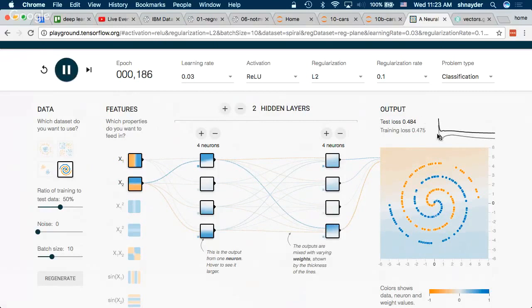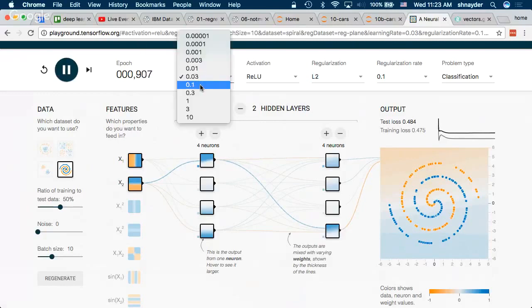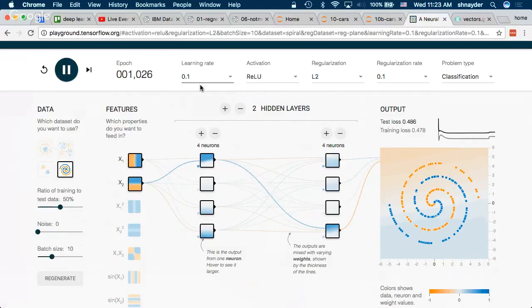Note, by the way, that this is a pretty common pattern on training curves, where sometimes it'll be flat for a long time and it looks like nothing is happening. And it may, in fact, be that nothing is happening, but it may also be that something is happening, and it will eventually finally get its act together and make progress. I'm going to increase the learning rate and hopefully see if that makes it do better.